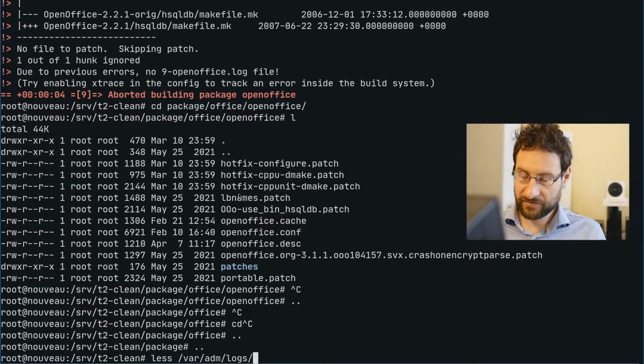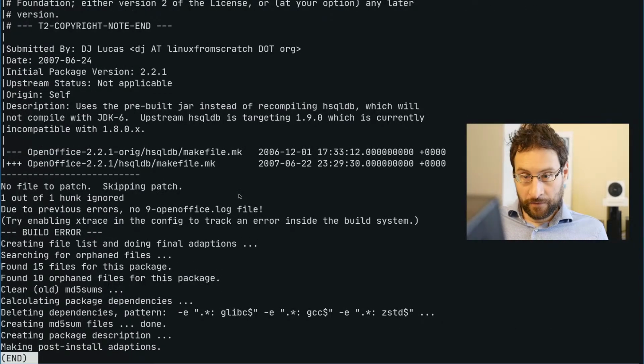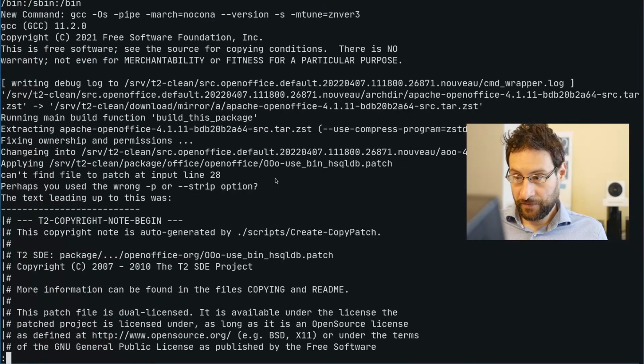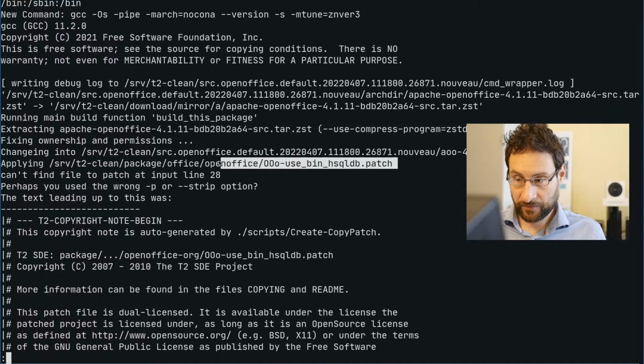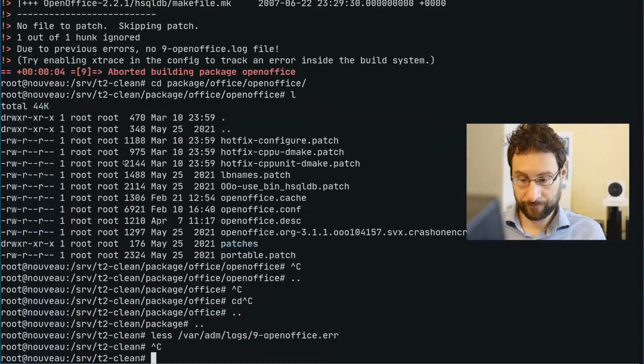Yeah, if you don't update stuff for decades, then stuff fails and bit rots, no surprise. What's going on here? Something patch, use bin HQL.